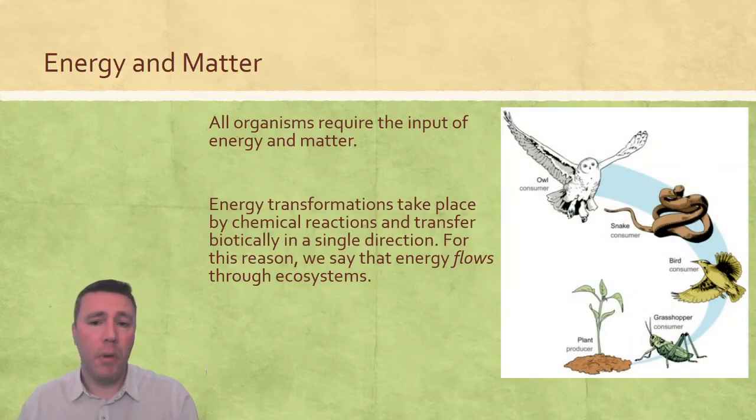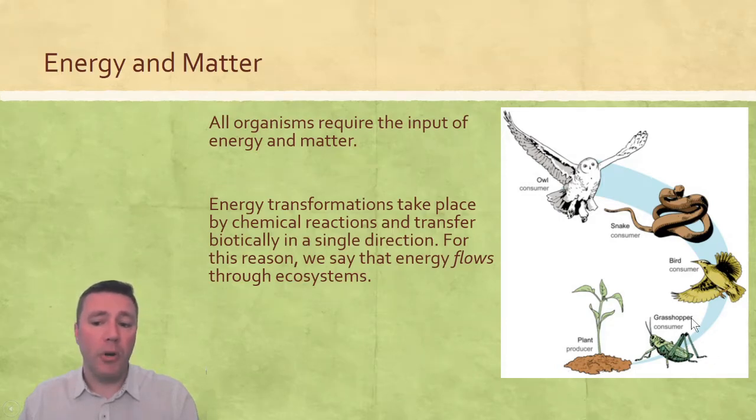If we take a look at this model right here, we know that plants are carrying out photosynthesis and cellular respiration, and that all of those consumers are relying on the plant, either directly or indirectly, and using cellular respiration to process their energy. But what's important to know about energy is that we say energy flows in ecosystems in a unidirectional way. So what that means is, if we were to consider the grasshopper here, this grasshopper possesses energy that another organism could obtain and make use of.